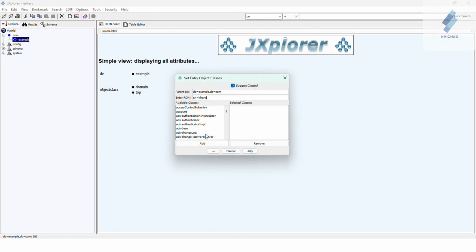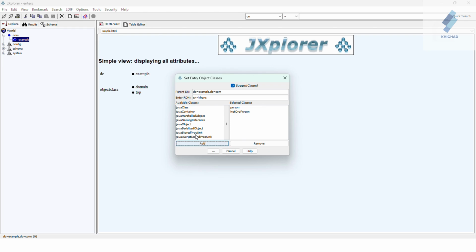So my screen name is that. After that we need to provide the object class. So first we need person. Click on add. Second is inetOrgPerson. Add this.